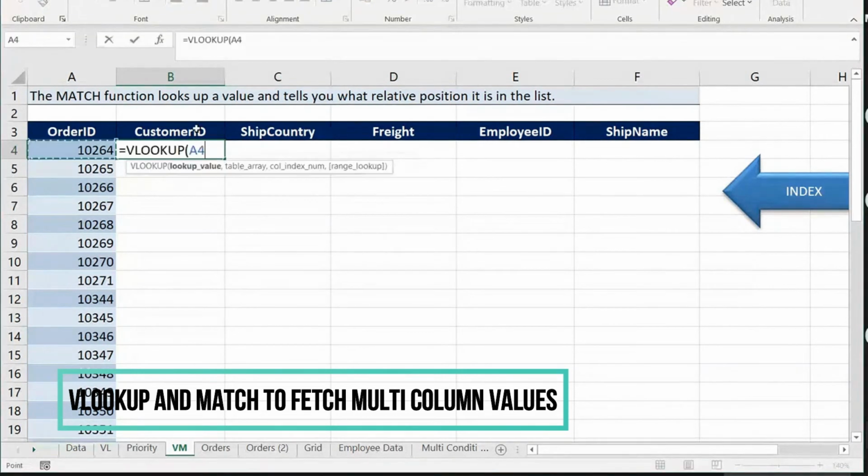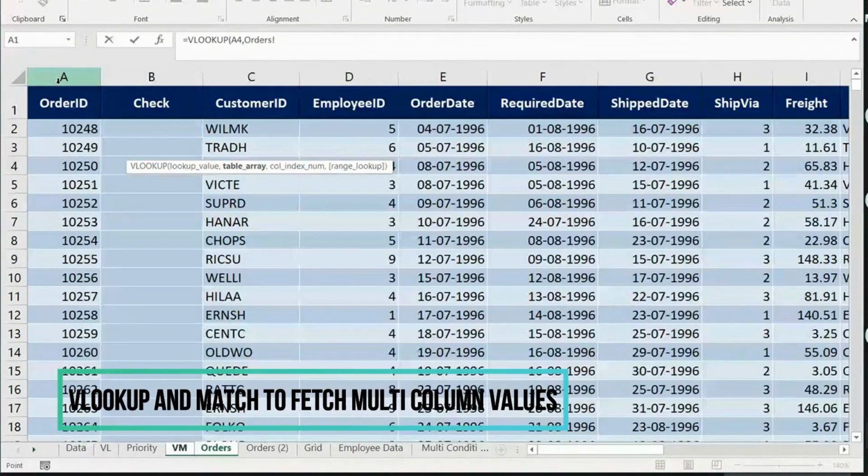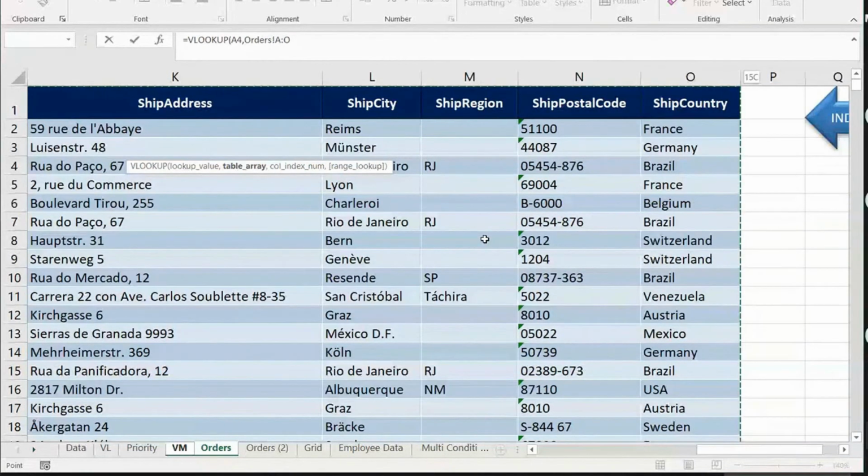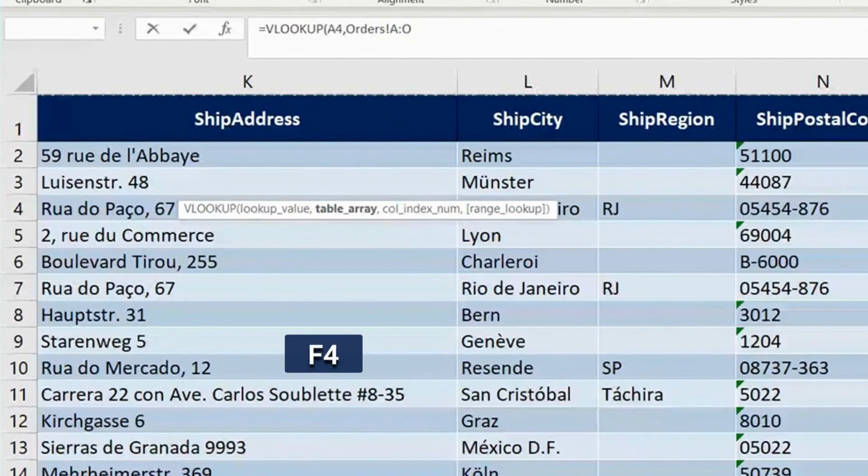Equals, look at this, I write VLOOKUP, and say VLOOKUP this value. This is the same as what we did. Table array. So I go to my order sheet. I start from the first column. I take the whole table because I don't know which column is my data. Irrespective, it can be in the third or 300th column. I'm not bothered. I'll take the full table. I'll not stop where I want. I'll take the whole table and I need to lock this table. Good practice always. Lock it, comma.